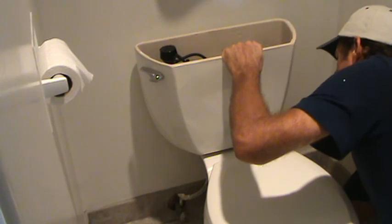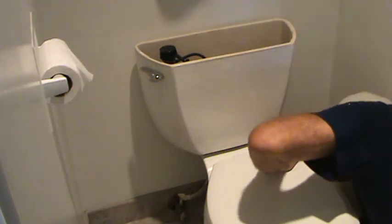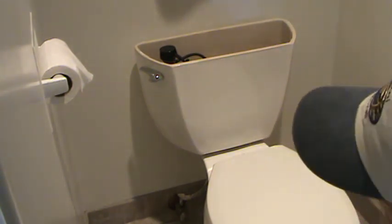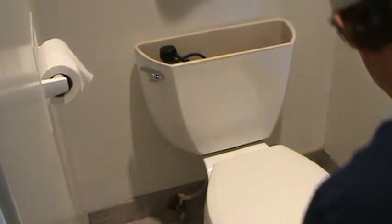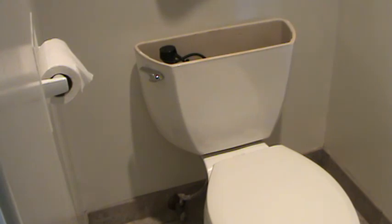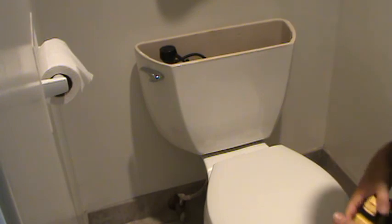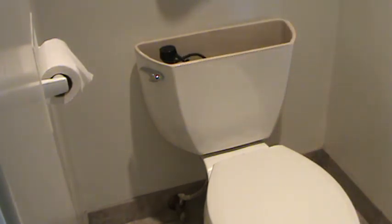Right here on this right hand side, I'm going to tighten this up by hand a little bit more. Check that out. I got a long 3/4. That's 13/16 for those of you out there that don't know what a long 3/4 is. That means it's a 1/16 over 3/4. 3/4 is 12/16. Your tape measure is measured in increments of a 1/16, or 32nds if you want to go even further. So, you know, I'll make a little video of that one of these days on how to read a tape measure, but